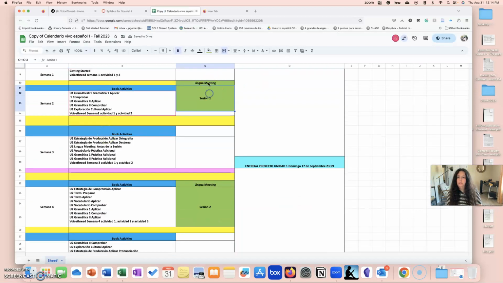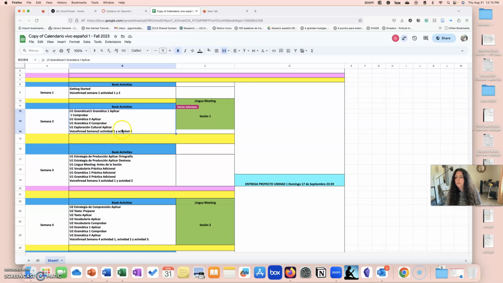So for example, this will be moved into semana 3. For semana 2, we already have a voice thread, so what I can do is move actividad 2 y 3, updating it basically. And that's it. Okay, so you can do that.